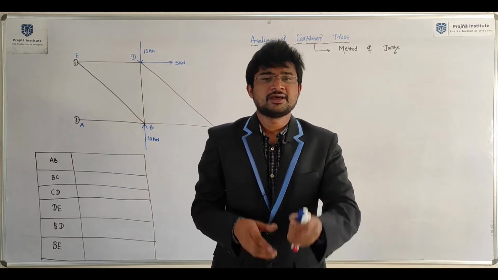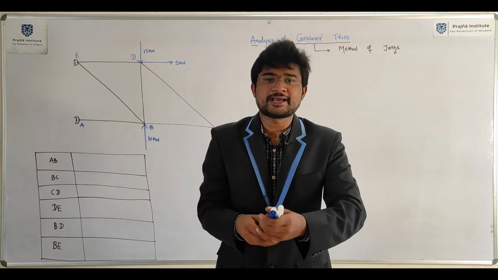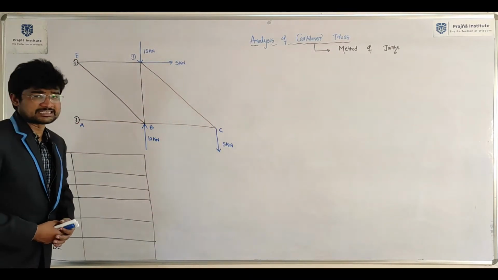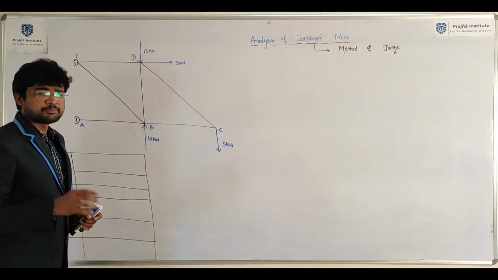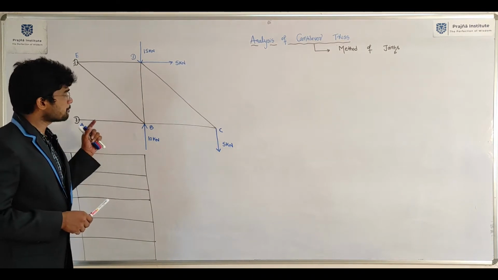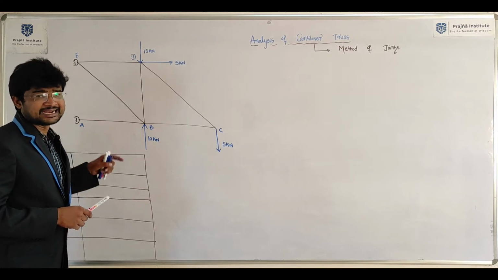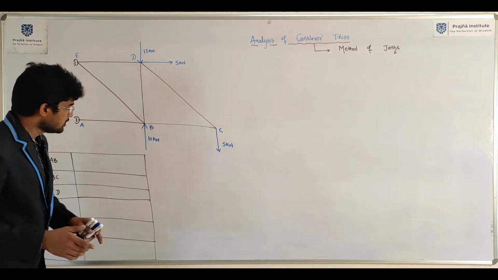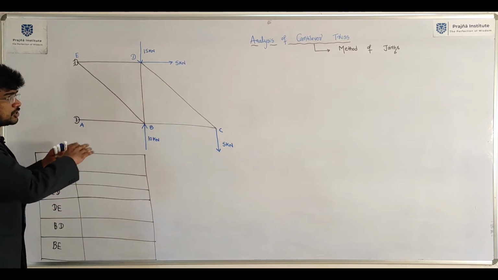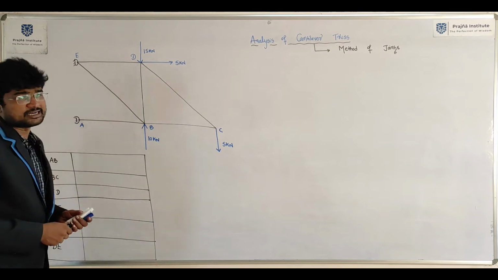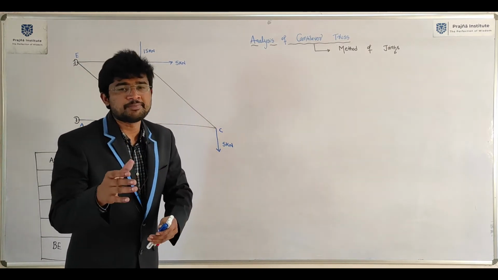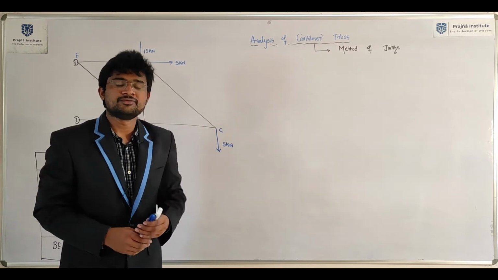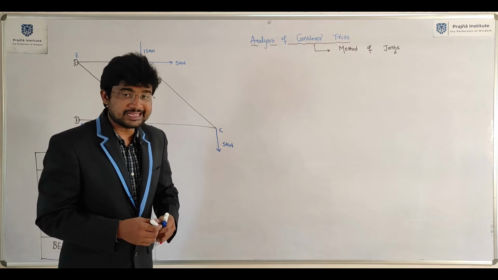Today we need to discuss analysis of cantilever truss by using method of joints. Just have a look at the cantilever truss. Here one important topic is there, that is support reaction calculations in cantilever truss. We will discuss that part later. First focus on how to determine forces in all the members by using method of joints. Here we need to draw free body diagram at each joint separately, then we need to apply equilibrium equation.